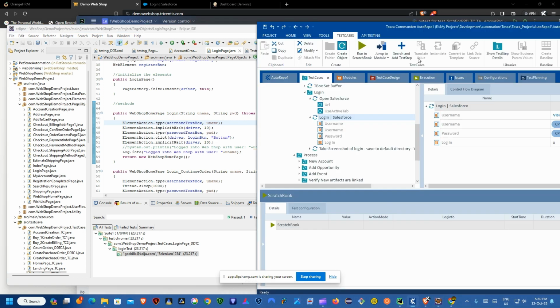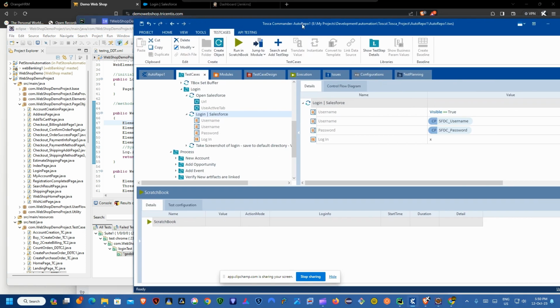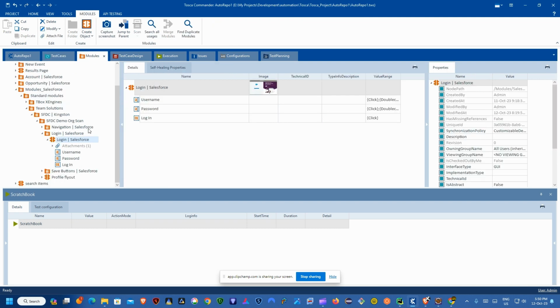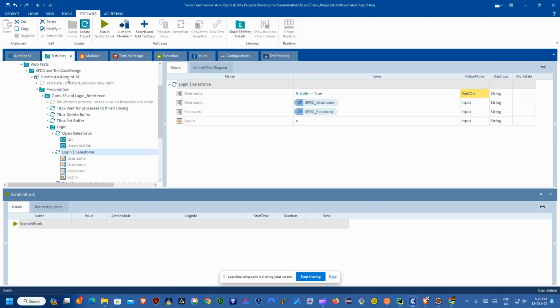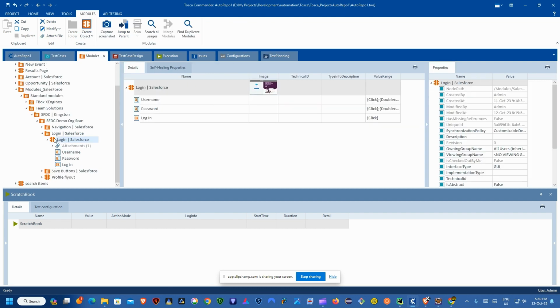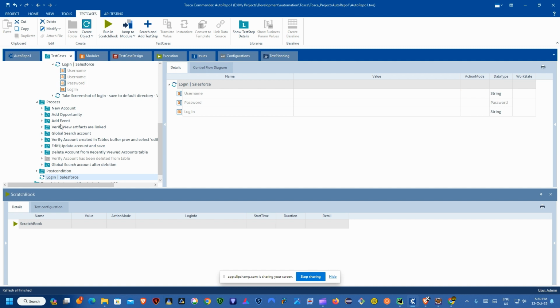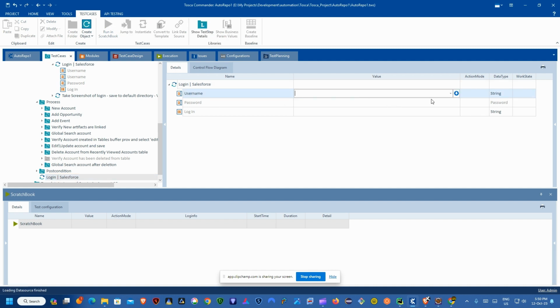Tosca, kind of the same idea. It's modular based, like I mentioned here. Here's the login module with the web elements in here, and like I mentioned, you just take this and you just drag it into the test case. This is the test case up here. If I drop it, you can see it just drops into one of the test steps, and then I can put in